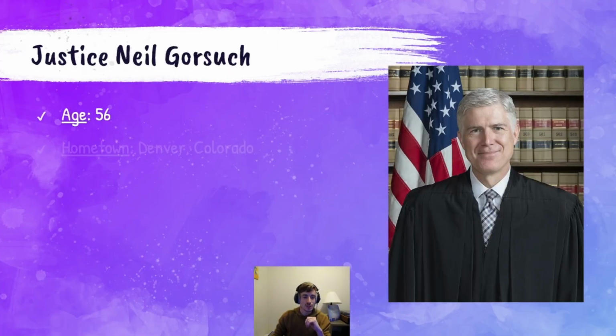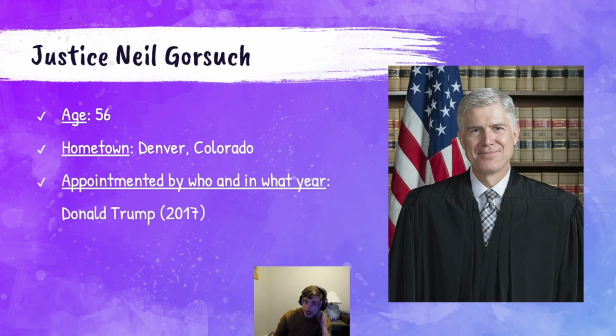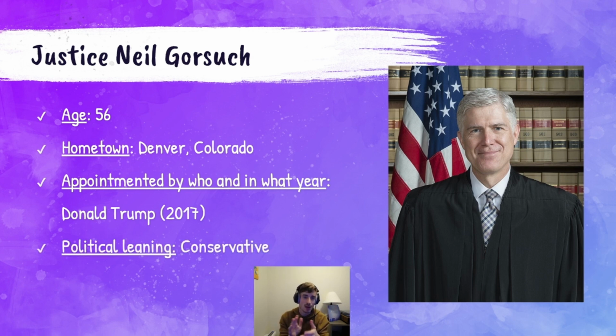Now, Neil Gorsuch is one of the first ones that is under the age of 60, as you'll see from some of the next ones coming up. He was appointed by Donald Trump. He was the first appointee that Trump got to the Supreme Court back in 2017. And I won't talk much about the hometowns, except for his. Denver, Colorado. So he is the only judge that we have on the bench that is from the western half of the United States. The reason that is important is out west is where most of our Native Americans and